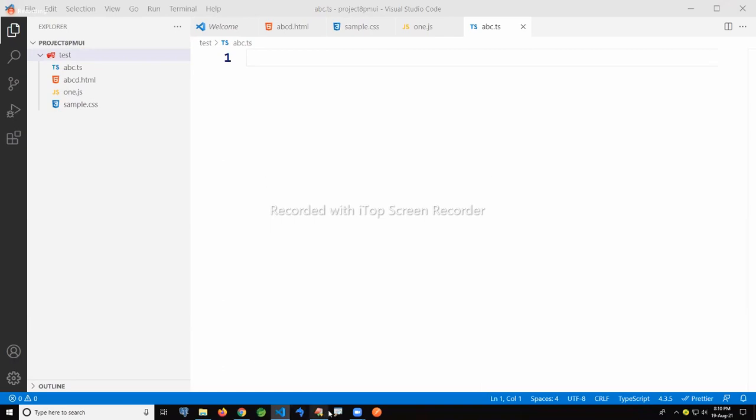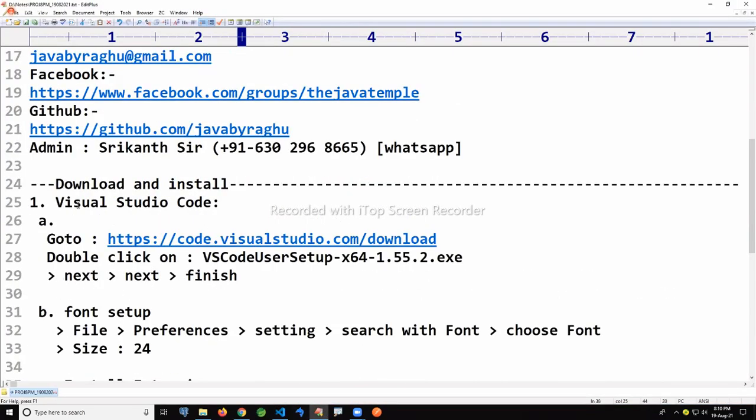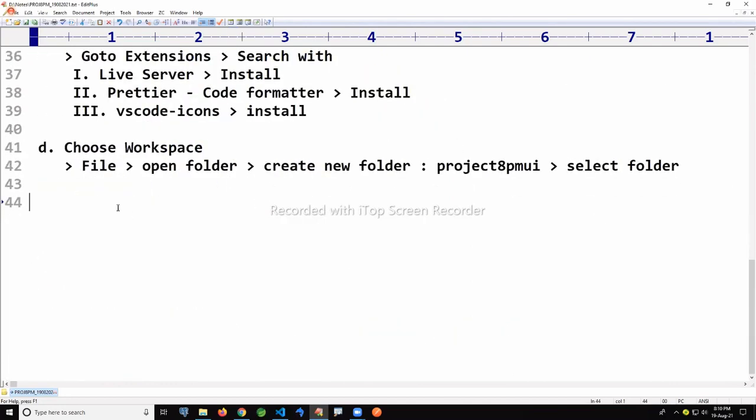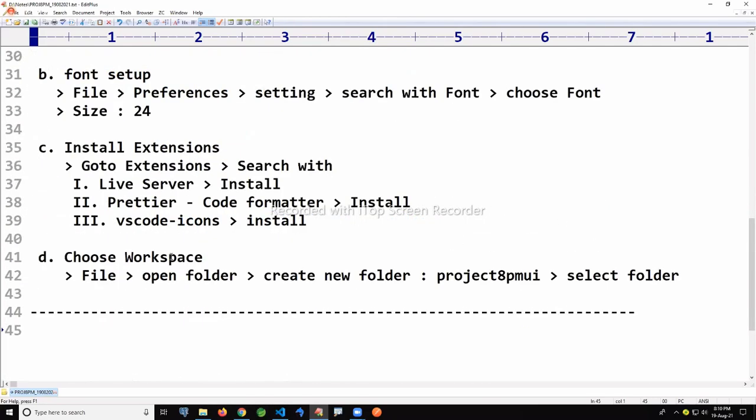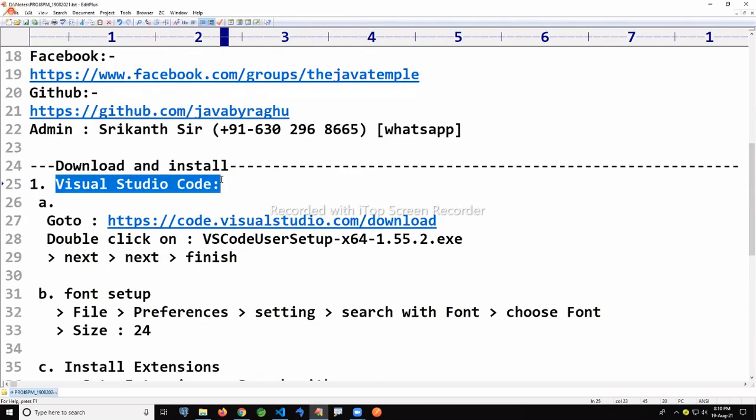Okay, this is a Visual Studio Code file I'm just using. For UI purposes, I'll be using this one. It is a bit faster and easy to work. STS nowadays does not support HTML and JSP files. If you try to create these, it will show something like an error format here. File formatting and all is not supported. That's why I recommend Visual Studio Code. Even in the future, you're going to learn Angular also. I'll explain those Angular code snippets also.